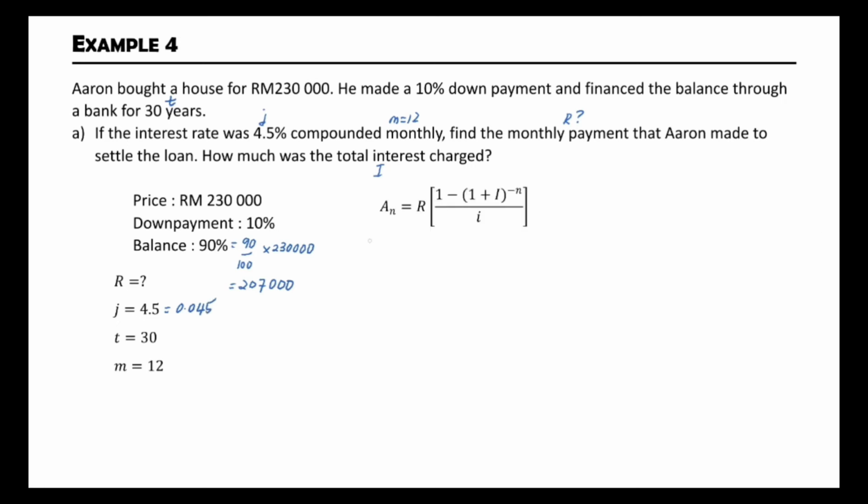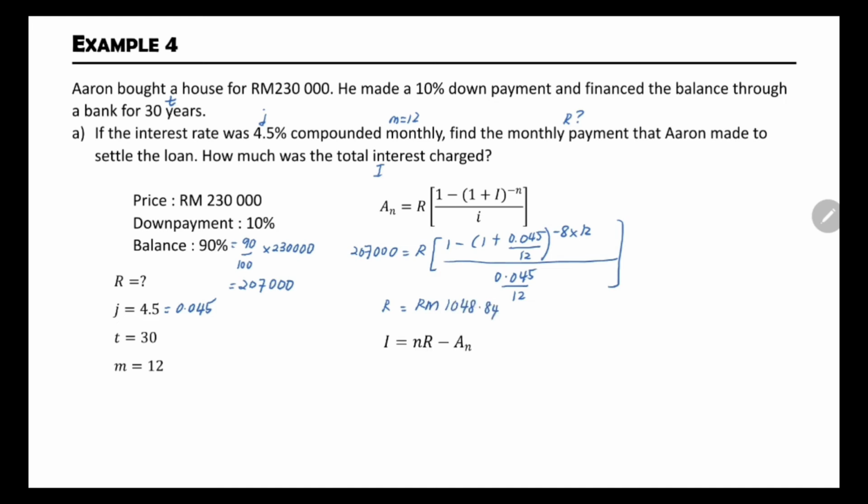And then AN equal to R times 1 minus 1 plus i, power of negative n, over i. AN is amount of loan, 207,000 ringgit. R is what we're looking for. 1 minus 1 plus i, where i is J over M, power of negative T times M, over 0.045 divided by 12. We have R equal to RM 1,048 ringgit with 84,